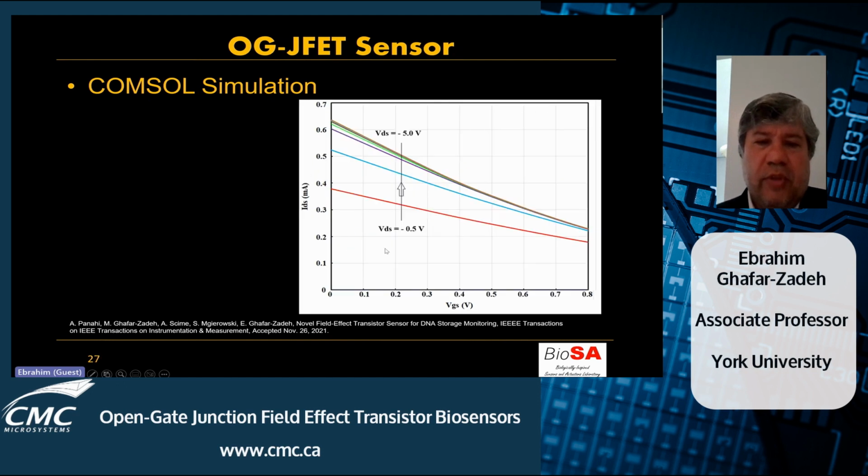So another simulation result here shows the variation of the drain-source current versus the gate-source voltage for different drain-source voltages. This is one of the important curves if you are interested in using the Open-JFET. Indeed, the variation of the gate-source voltage can be considered an electrical actuation